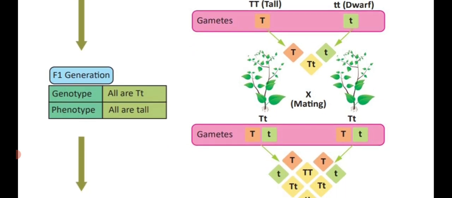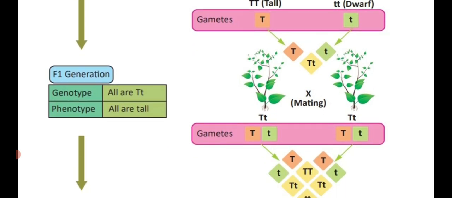Gametes are segregated from both the parents, then again joined together. They are producing the F1 gametes, capital T with a small t. This is heterozygous condition, but they are expressing only the dominant character. So all the F1 hybrids are known as tall plant only. So these tall plants are self-pollinated with another heterozygous tall plant, that is capital T with a small t.